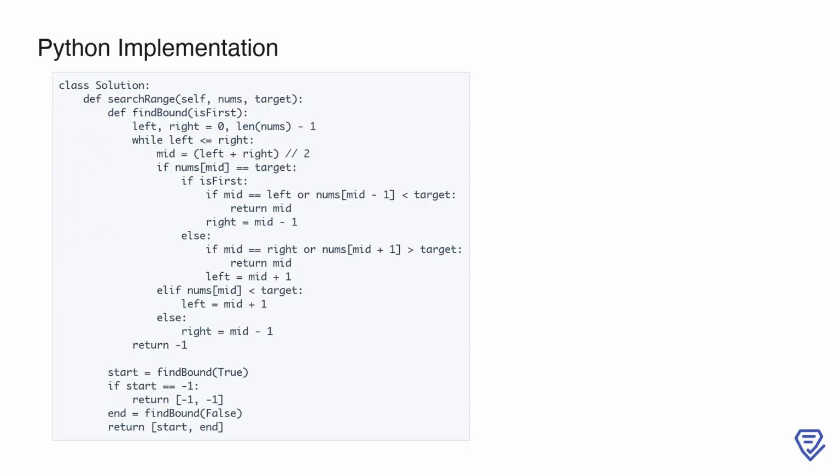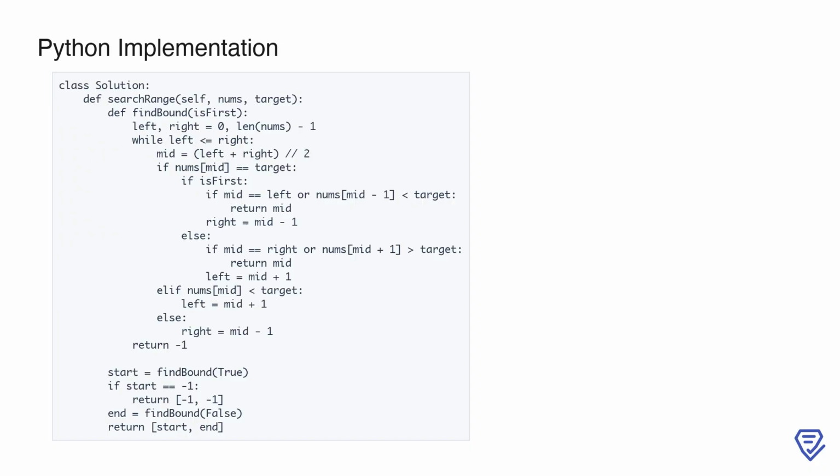The findBound function initializes two pointers, left and right, to the beginning and end of the array. Using a while loop, it calculates the middle index mid. If the value at mid matches the target, the function determines whether it is the desired boundary. For the first occurrence, it checks if mid is the leftmost index or if the preceding value is less than